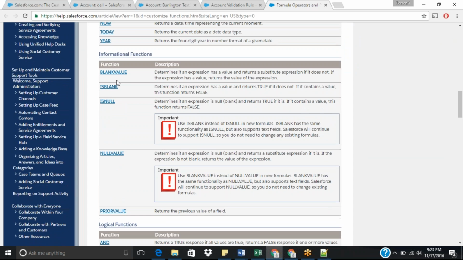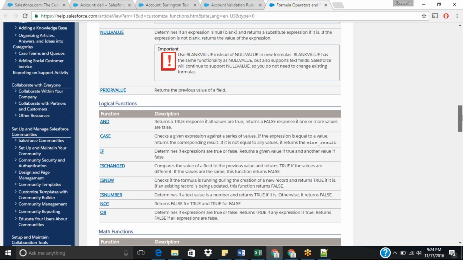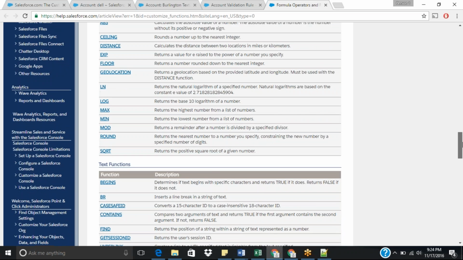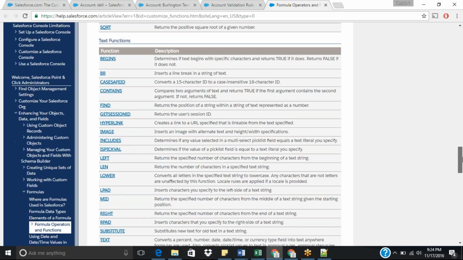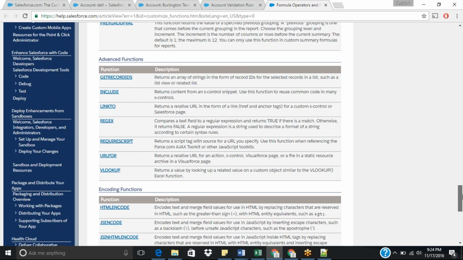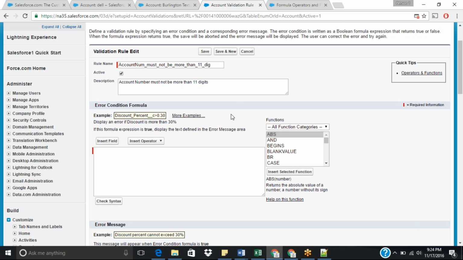Okay, see, blank value, is blank, is null, null value, prior value. So these are all explaining for what purpose you have to use this function. Right, so if you have any doubt, you can just go to these functions and refer to them, and you can use these functions in your validation rule. Okay, so for now I need a